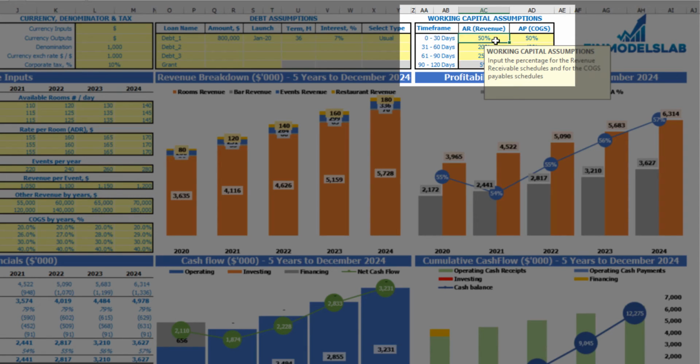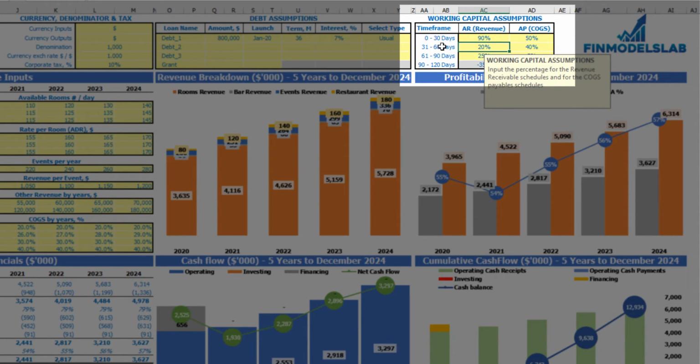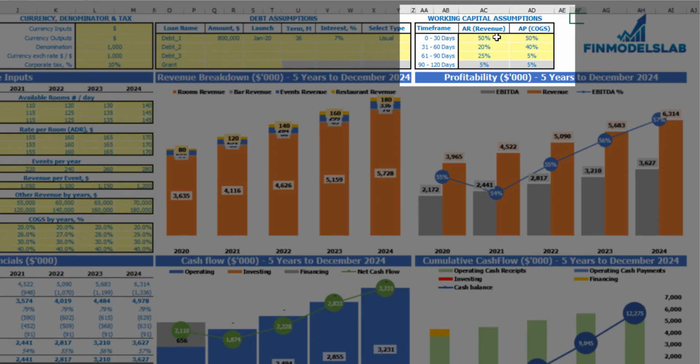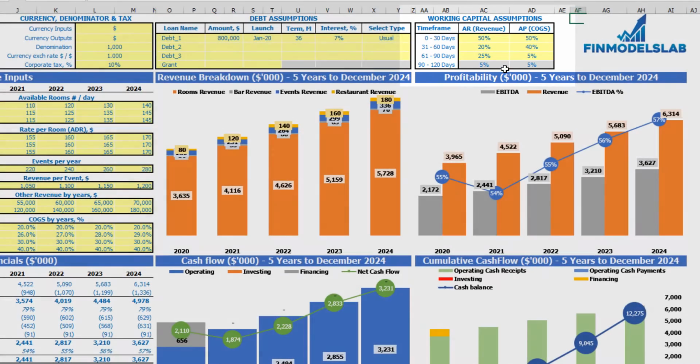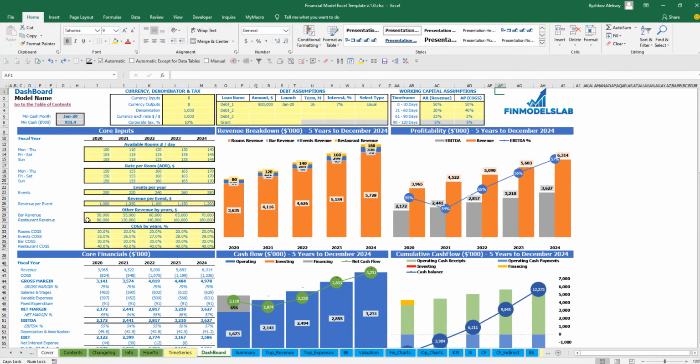If you input something wrong, like this, you'll have minus 35%, which is wrong, so you just need to keep the last category positive. So once you set up all the revenue, all the expenses, wages and assets assumptions, you